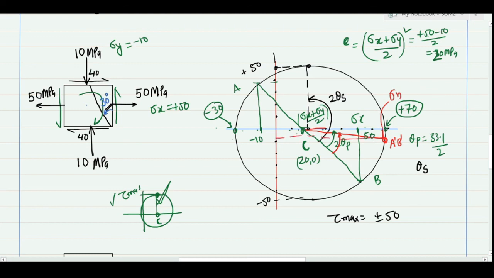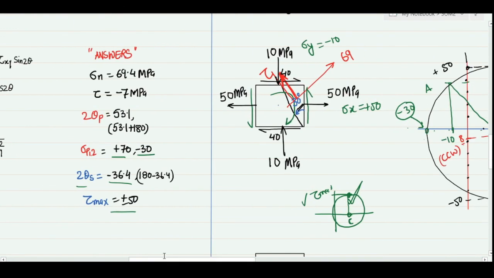And here this would be corresponding to your normal stress, and this would be corresponding to your shear stress. And you can see here this line is close to 70, let's say 69, and this point is close to 10, so let's take 8 something. So that means the normal stress on the plane is around 69, and shear stress is in counterclockwise sense and magnitude 8. So counterclockwise means we have to make it in this way, upward way. So this is my shear, and the magnitude is approximately 8. So you can cross verify our answers. The values of normal stress and shear stress are 69.4 and 7. So these two values are almost close to the actual values.